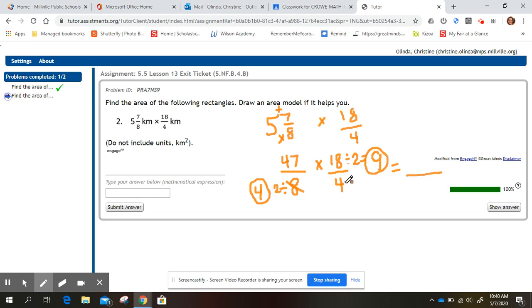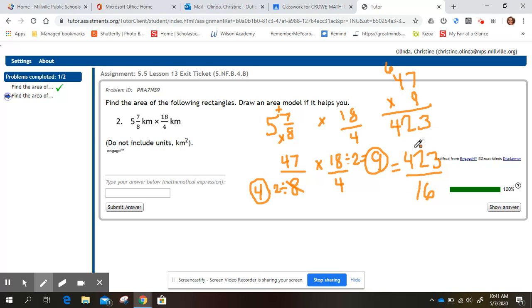Well, I know 4 times 4 is 16. I don't know what 47 times 9 is off the top of my head, so I will have to multiply it like this. 7 times 9 is 63. 9 times 4 is 36 plus 6. So I say 36, 37, 38, 39, 40, 41, 42. So I have 423